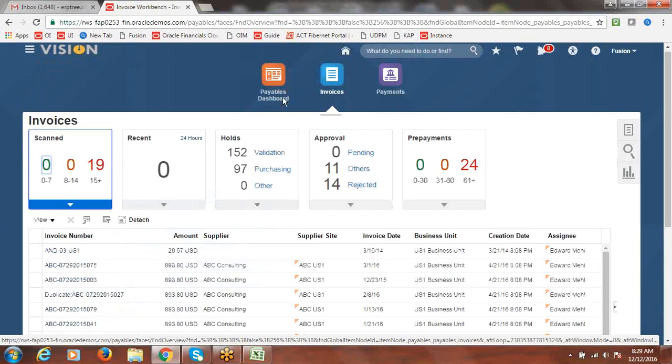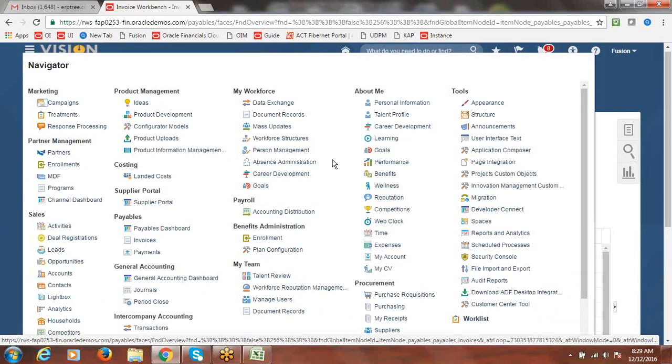Okay, now we'll go to the schedule process window to monitor the status. I think GL periods are open, right? Yes, open. With that reason only, we are able to create invoices in AP without any issue.